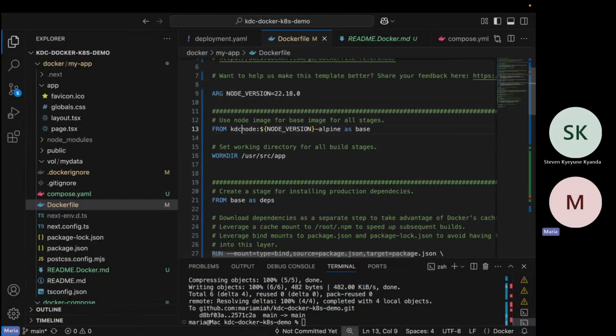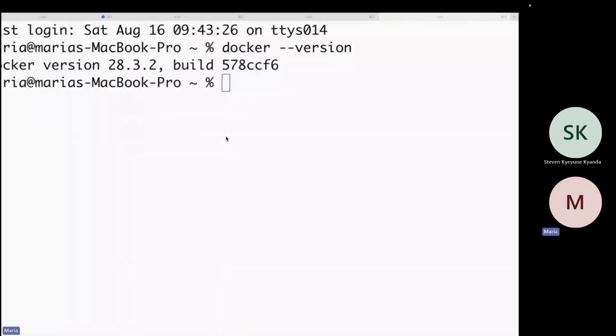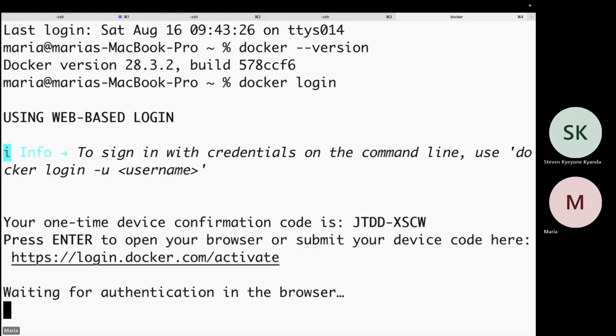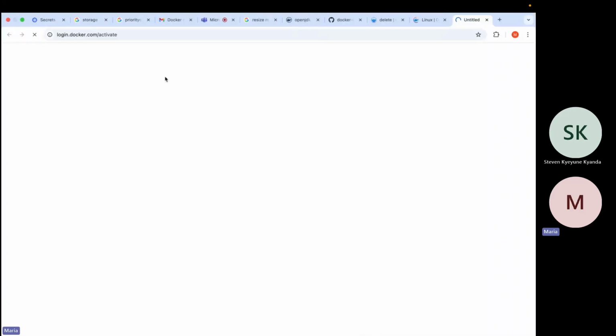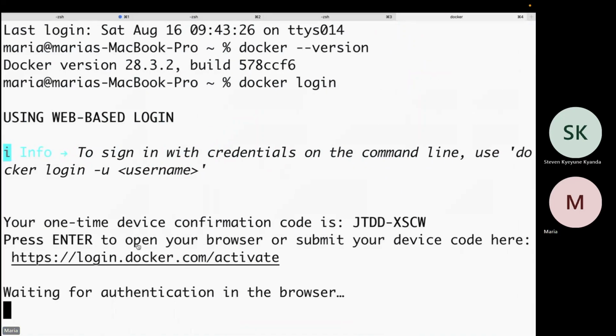The reason why I'm also able to pull images from Docker Hub is because I logged in. I had missed that step. To log in, you simply run Docker login. Docker login will open up the browser. If it doesn't do that, you can click on that link. It gives you a one-time code.